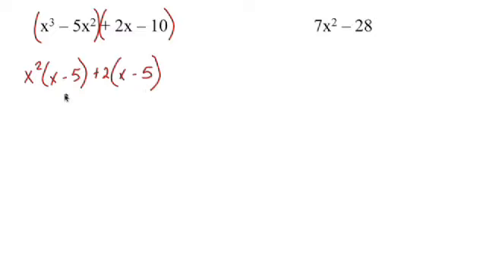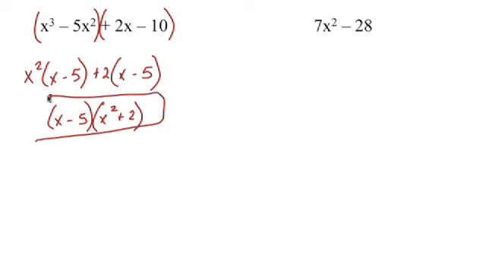And again, these x minus 5s have to be the same when they are. You take them out, and then the x squared plus 2 goes in the other parenthesis. And that is the final answer. Again, if you want to check anything that you factored, go backwards and multiply it back out. Remember, if you multiply it out, you should get what you started with originally. So it's always easy to check a problem involving factoring. If you multiply it out and you get what you started with, you must be right.